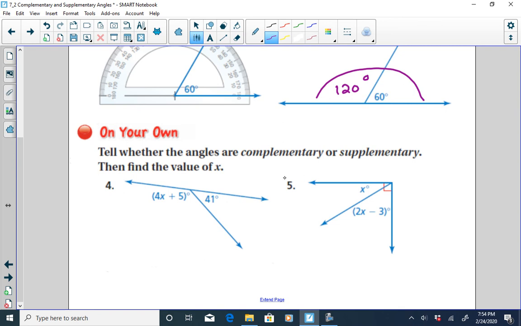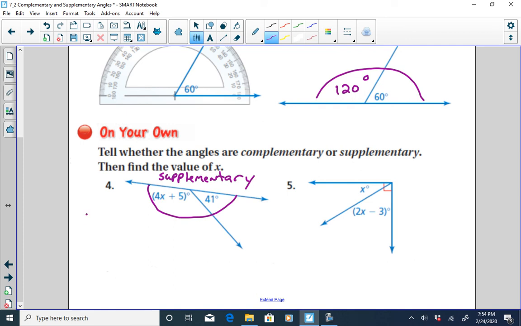Tell whether they're complementary or supplementary. Obviously we have a straight angle here, and these two angles make up that straight angle. So these would be supplementary angles. Supplementary. We want to find the value of x, so we want to write an equation that describes that relationship. We know that for supplementary angles, the sum has to be